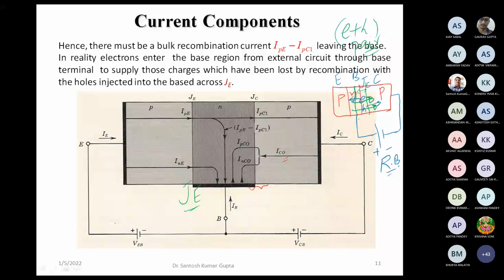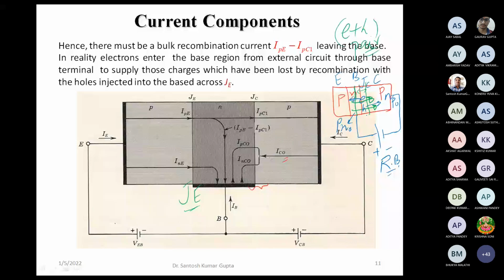These are going to form a current. Apart from this, the minority charge carriers which we have seen, that is, in the p type we have the electrons as minority charge carriers, shown as np0, and in the n type base we have the holes as minority charge carriers, shown by pn0. These were also shown to become 0 at this junction. Why do they become 0? Because they also are spread across the region.